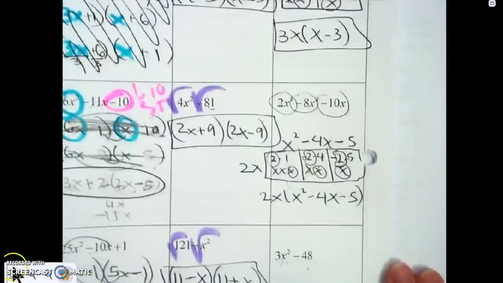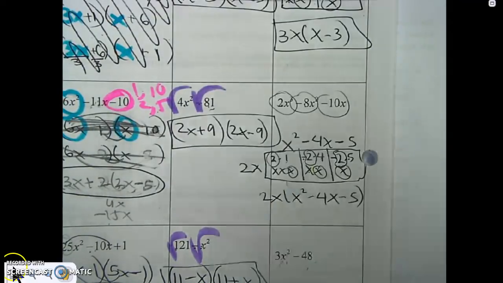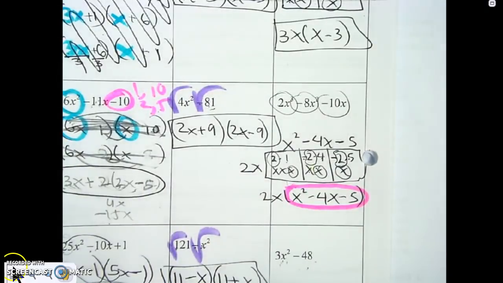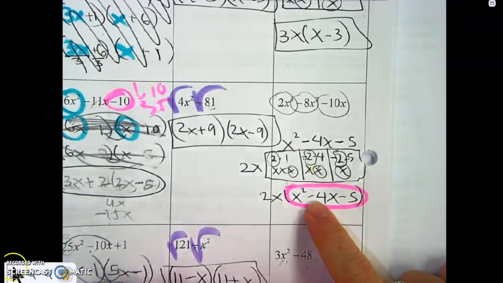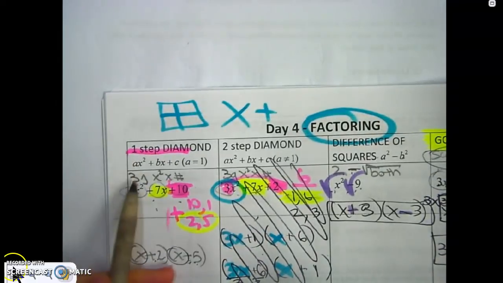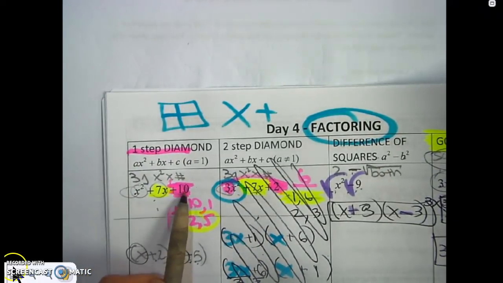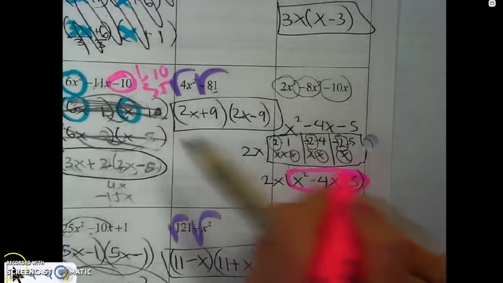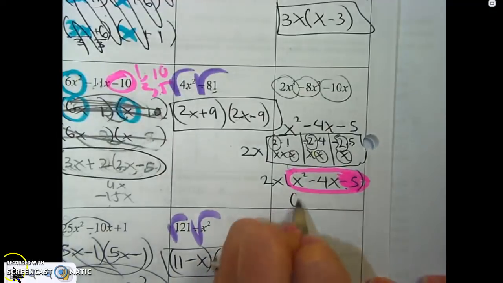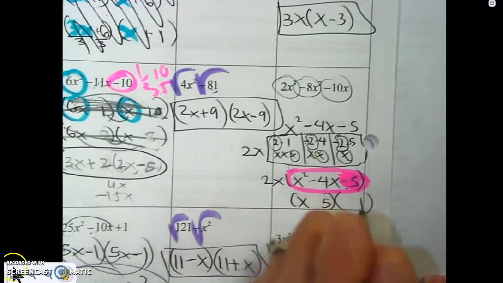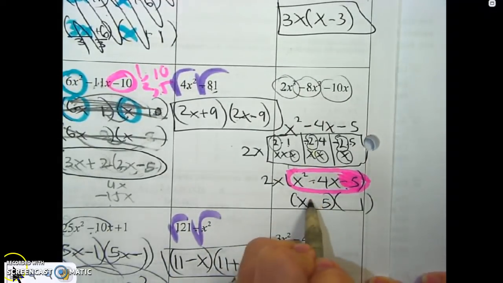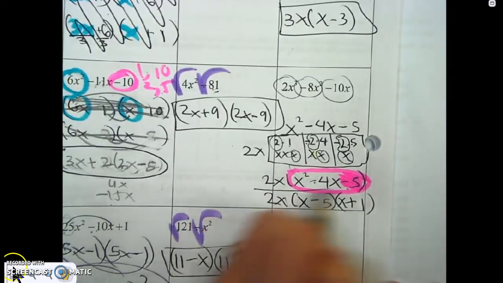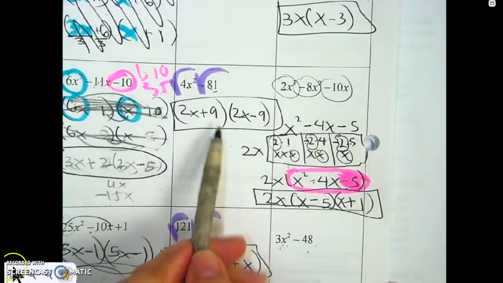But there's actually a problem, because now that you're in Algebra 2, you have to be careful. And if you look right here, this answer reminds me of this type of factoring, where there's x squared, x, and then a number. So if you look here, I can actually keep going. So I think of all the ways to get 5, and that's 5 and 1. Since this guy's negative, the bigger guy's negative. And then make sure you bring down that 2x. So just because you finish doesn't